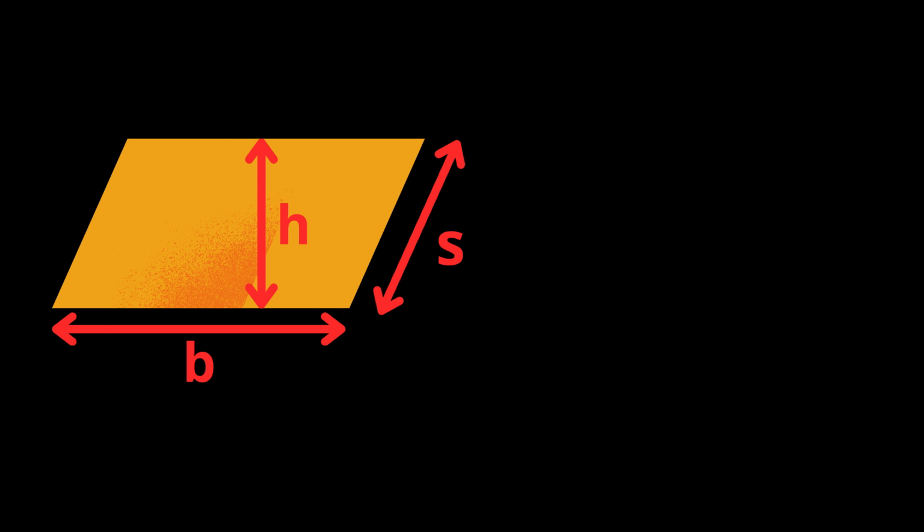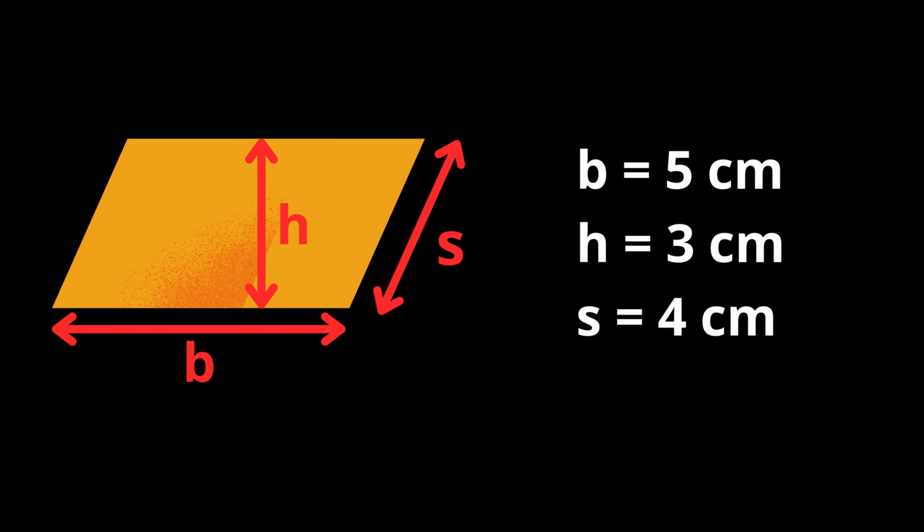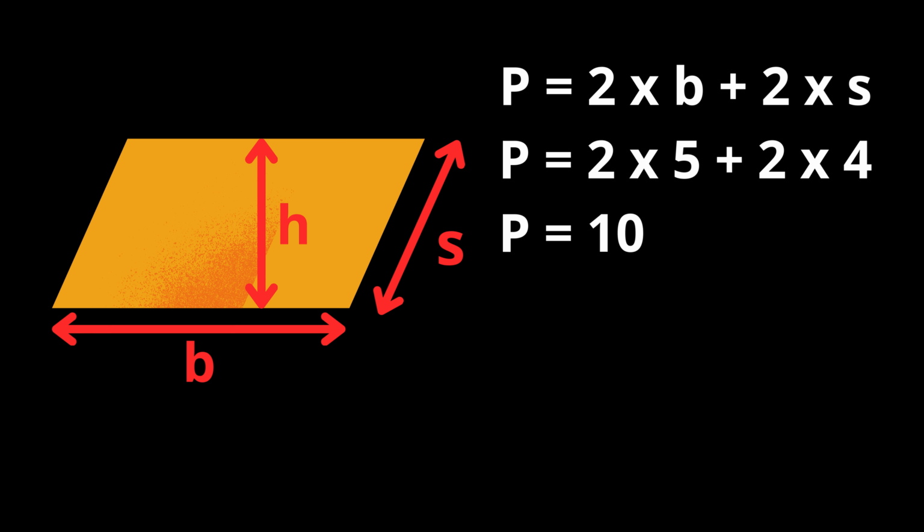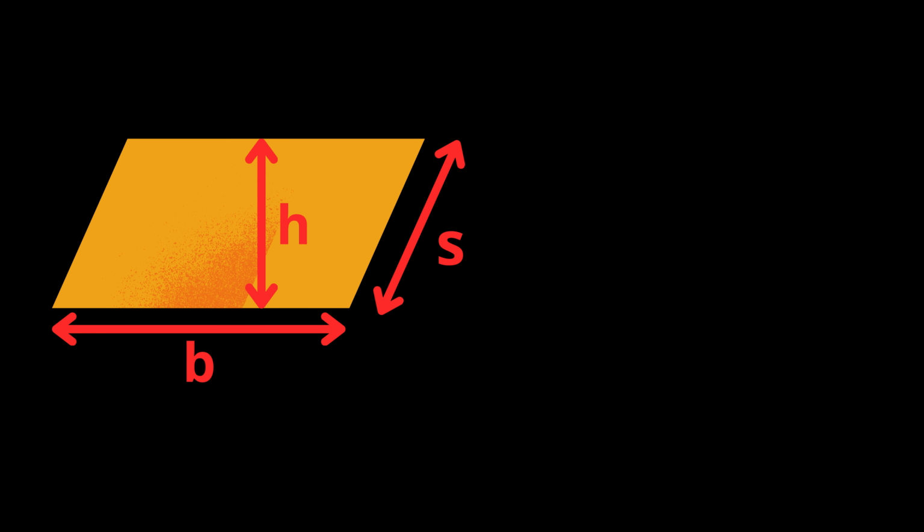And now, let's calculate the perimeter and area of a parallelogram with a practical example. We have a base of 6 cm, a height of 3 cm, and a side length of 4 cm. The formula for calculating the perimeter of a parallelogram is: we substitute the values into the formula. And now the area. The formula for calculating the area is